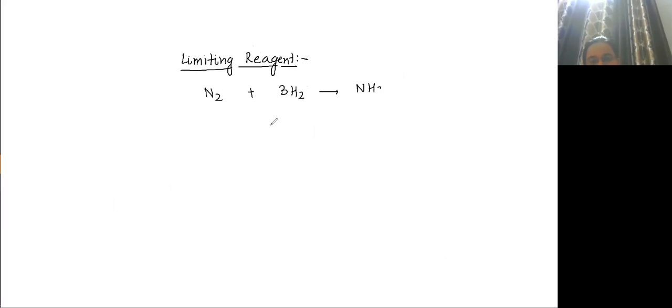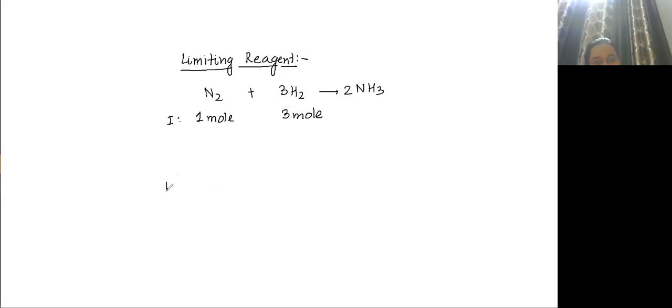Okay. Now next heading, write down limiting reagent. Now what do you mean by limiting reagent? So try to understand this topic from an example. Let us say N2 plus 3H2 gives NH3. If we take 1 mole of N2, we take 3 mole of H2. Okay, this is condition 1.